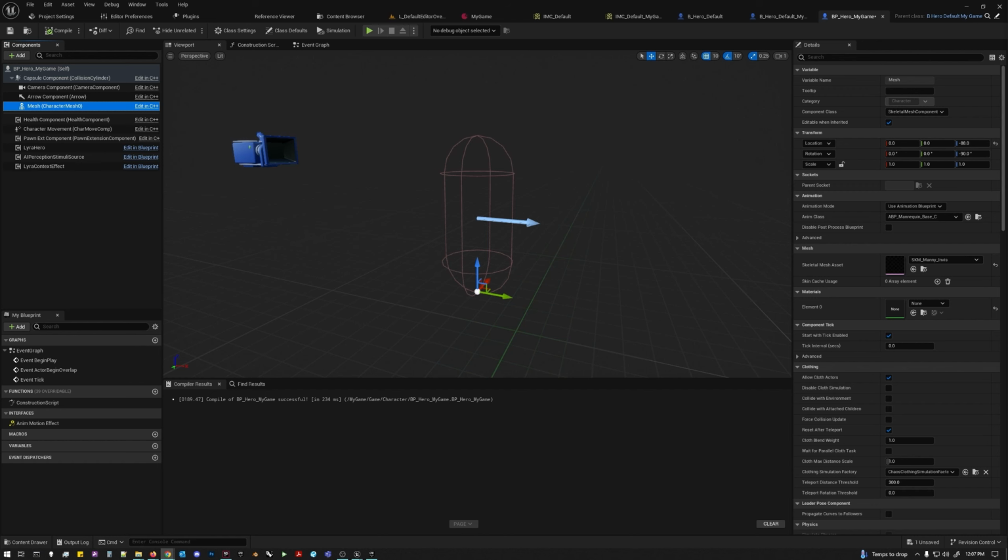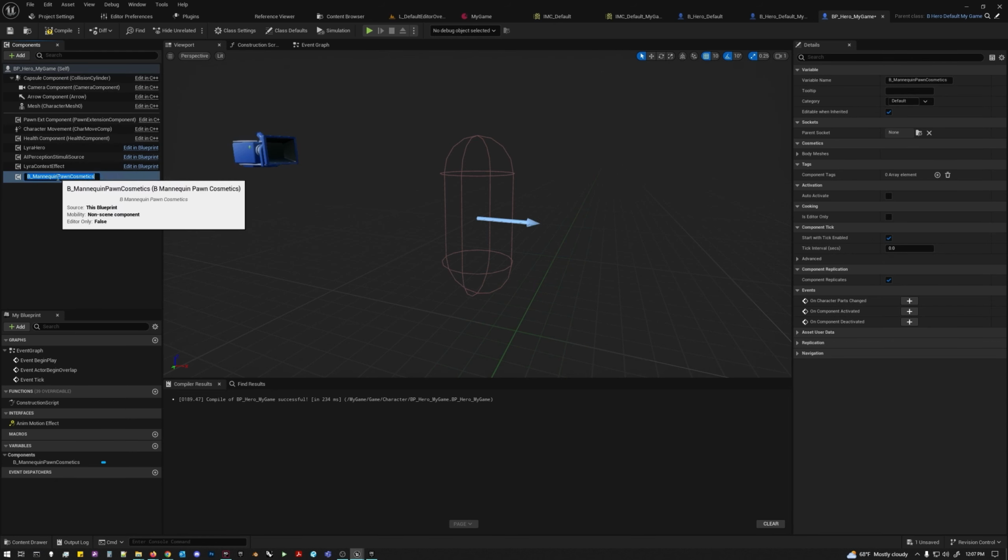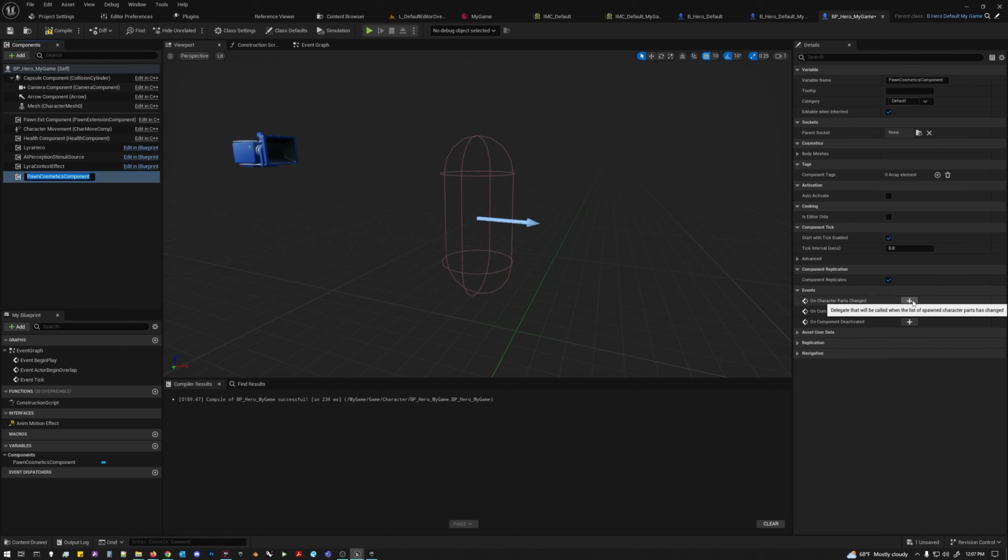So once we've got that set up, the first thing we want to do here is add the pawn cosmetics component. So B mannequin pawn cosmetics, and we just call this pawn cosmetics component. This is the component that's going to manage the mesh that the player sees, that everyone in the world sees. And again, this can be swapped at runtime, right? On this component, there's a function called onCharacterPartsChanged, and we want to call that function